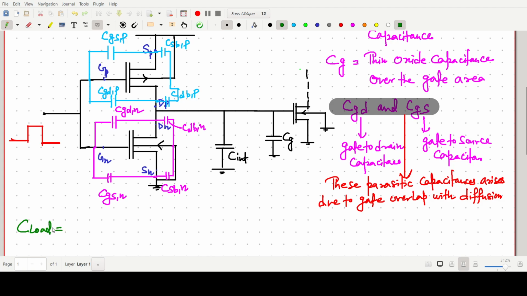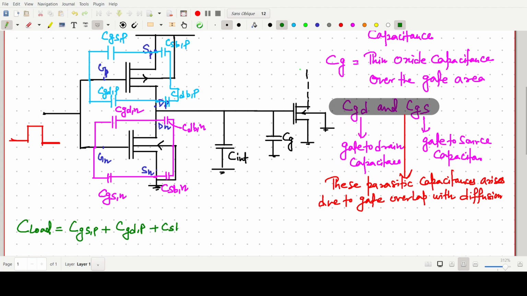First I can write the total load capacitance: CGS of P plus CGD of P,